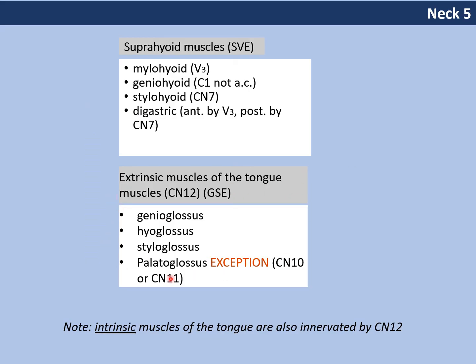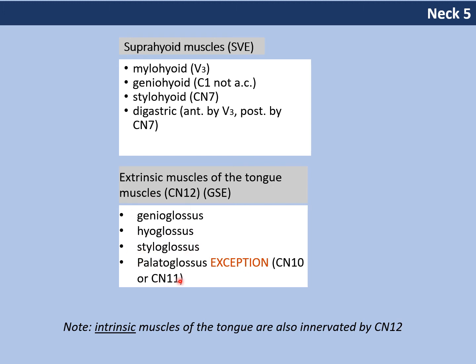So again, the intrinsic muscles of the tongue are those three that go in different directions, a longitudinal and oblique one. Those are all innervated by the hypoglossal nerve, as are the extrinsic muscles of the tongue that we just talked about: the genioglossus, which is the main substance of the tongue, that fan-shaped muscle of the tongue; hyoglossus, which the hypoglossal nerve goes superficial to, whereas the lingual artery travels deep to; styloglossus,